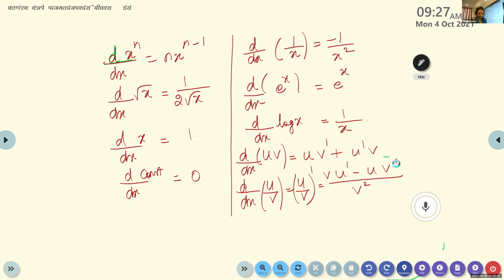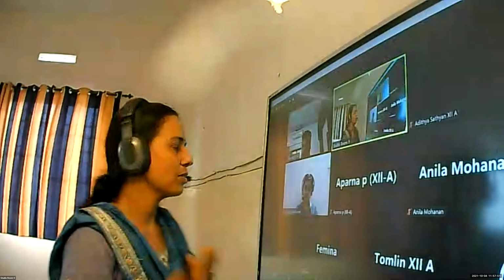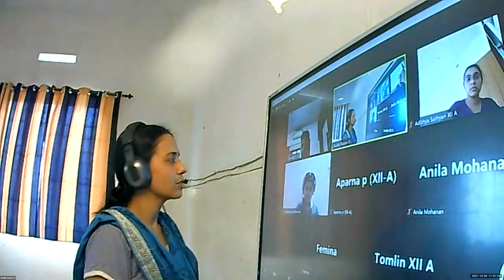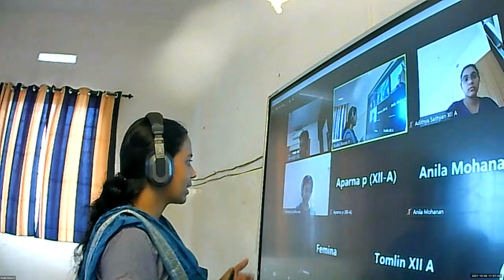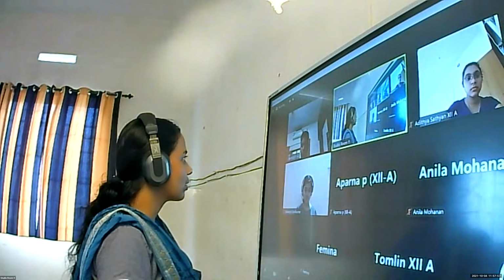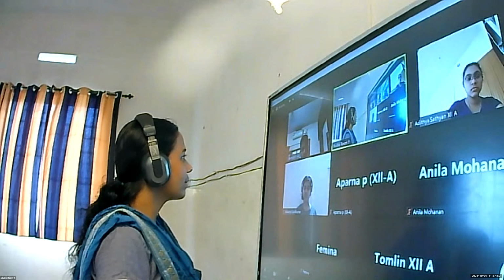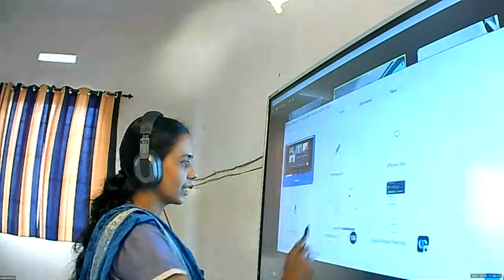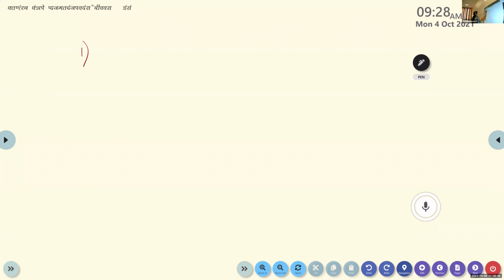And we have learned the derivatives of implicit functions. What different types of functions we have learned? Derivatives of implicit functions. What is meant by implicit functions? When x and y come mixed up together, we call it as implicit functions. Yes or no, Karthik? If y is f of x, for example, write the question: find the derivative of the following.